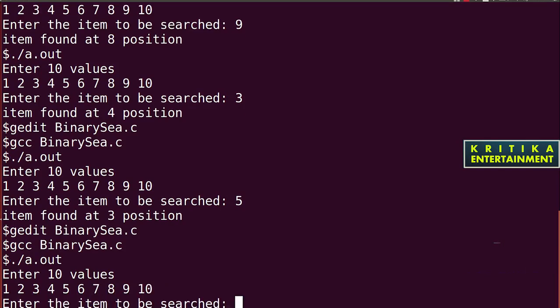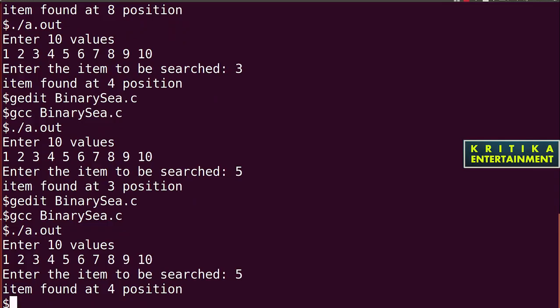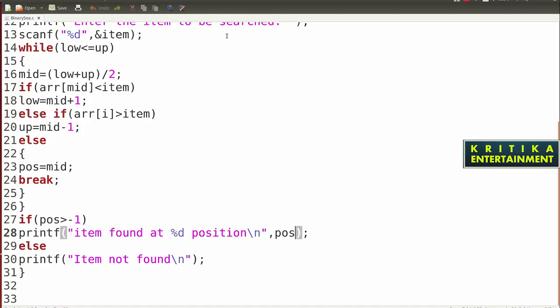Okay, suppose I want to search the item 5. I will give the position value here, because mid is always updated and changes. So do not write the mid value. It will give the position, because we have already assigned mid to position.